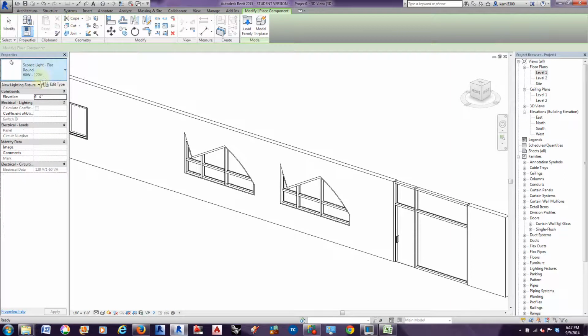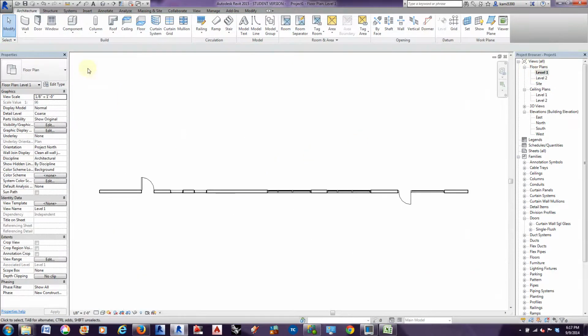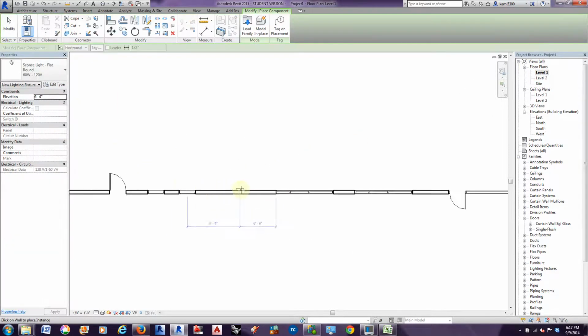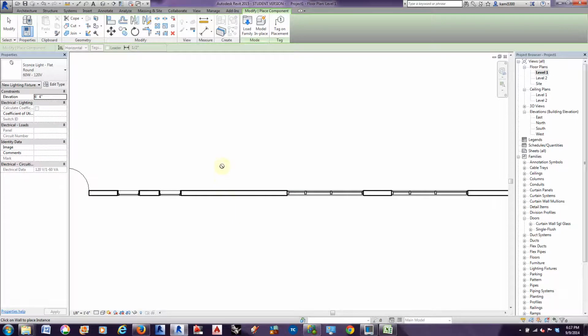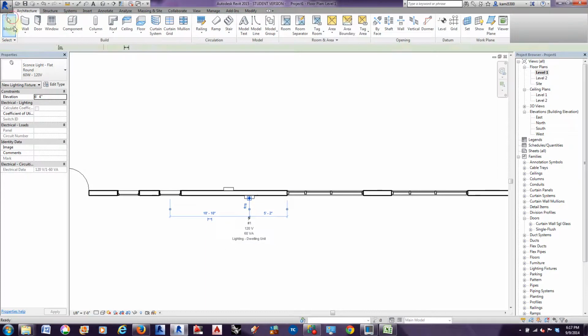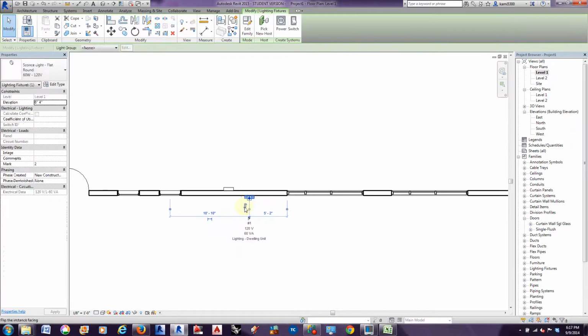if you select on it, you'll now see my light here. And it's probably best to place it in a floor plan view, but you can see how I have a little circle with a cross through it saying, oh, you can't place that there, but when I get close to a wall, it allows me to place it, and I can place it on the interior or the exterior side of the wall. If I select it, it has a little arrow that flips one side to the other,